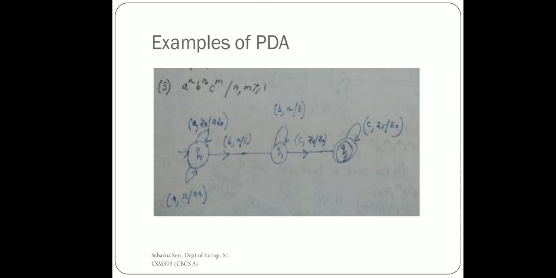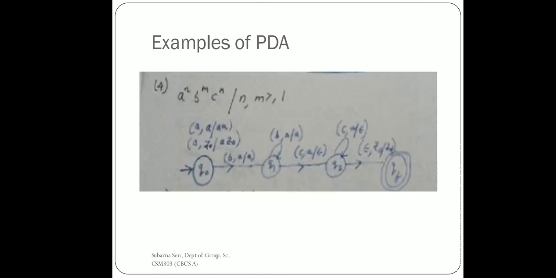We have to keep in memory only the number of A's we have encountered, so that part we are pushing only. On seeing each B, we have popped A and the comparison is done, so the stack content will be null only. On reaching QF, as many C's as you see, we will just keep on processing C. We do not need to remember the number of C's we have visited so far, so no pushing is done. Fine.